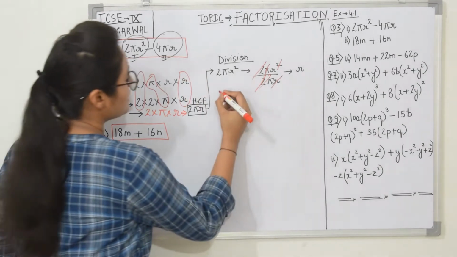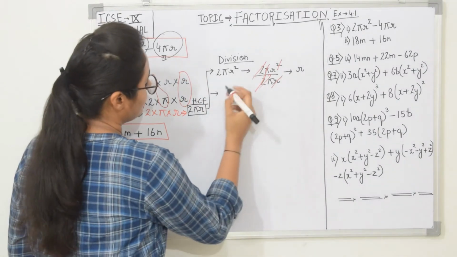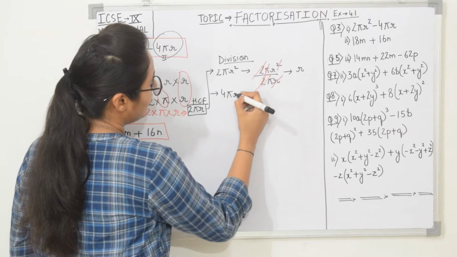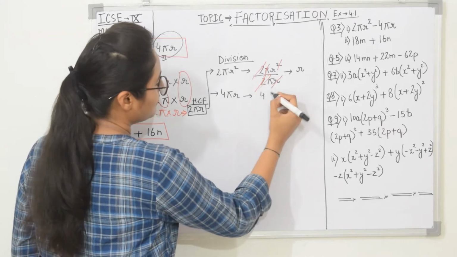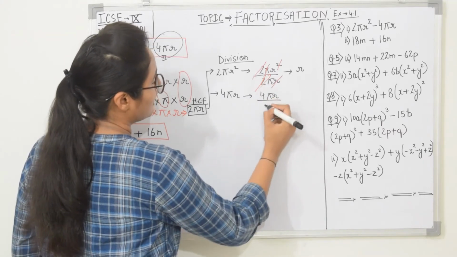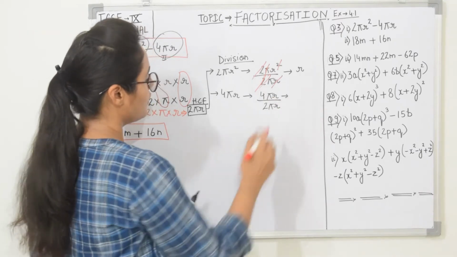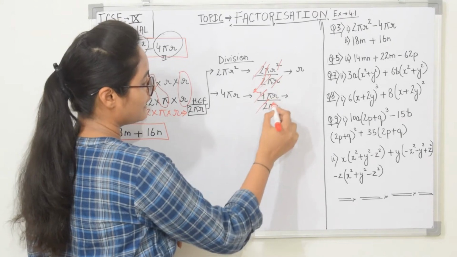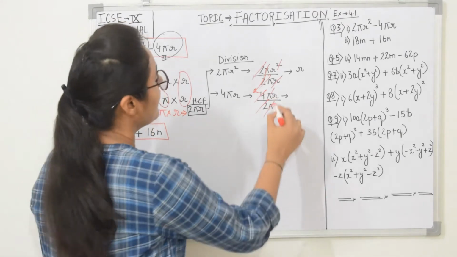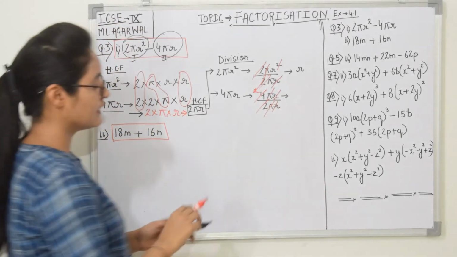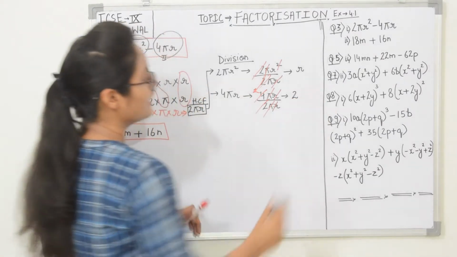Okay. Second term is your 4 pi r. Talking about 4 pi r, again this is divided simply with the HCF. Our HCF was 2 pi r, just divide it down. You will be getting 2 2s are 4, and pi is going to be cancelled out with pi, r is going to be cancelled out with r. The only remainder you have left with is 2.